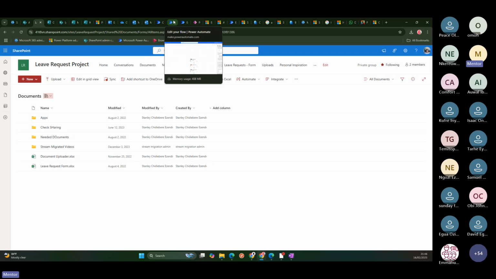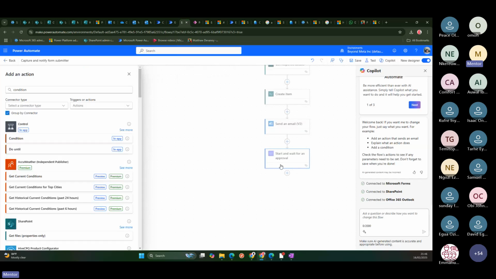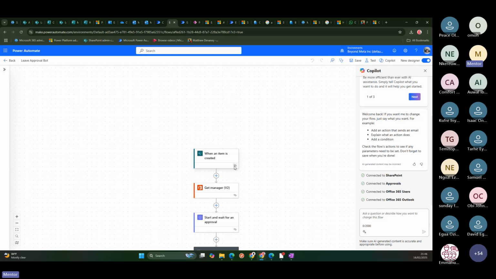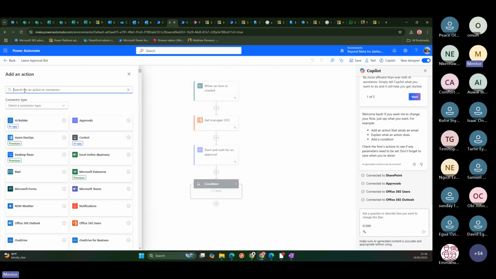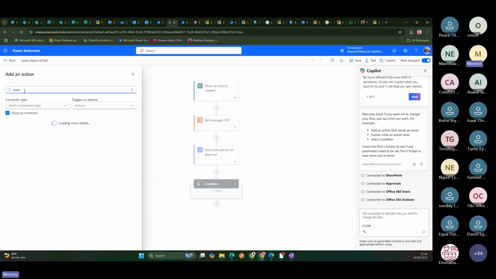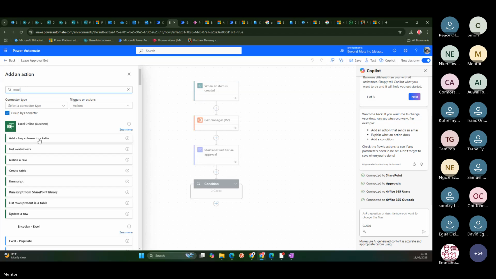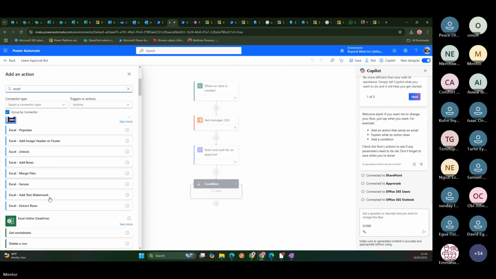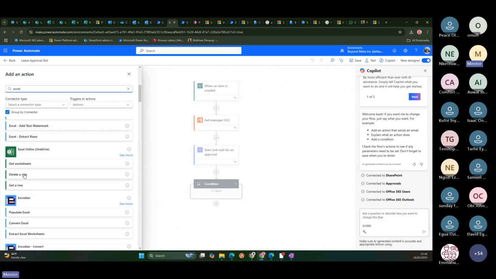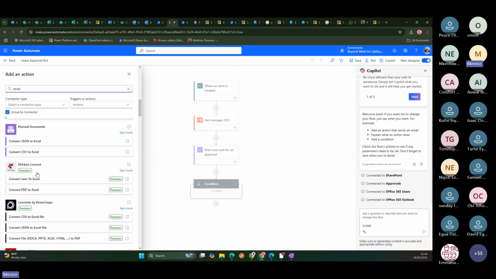Yeah, so we can actually do that, right? So we can either choose to create a file, and then let me see, create a file. So you see, you can add a key column to a table, delete a row, create a table, run script, get row, delete row, get worksheet, right? So you see stuff you can do here,